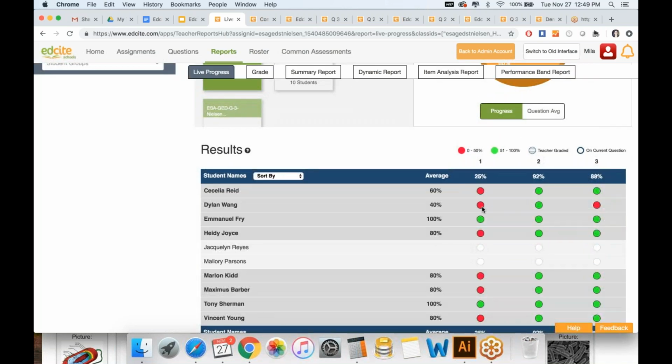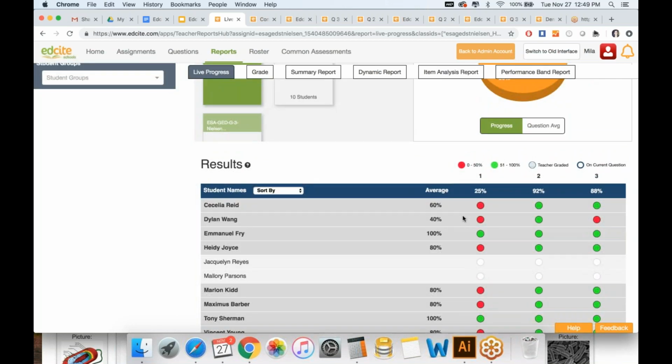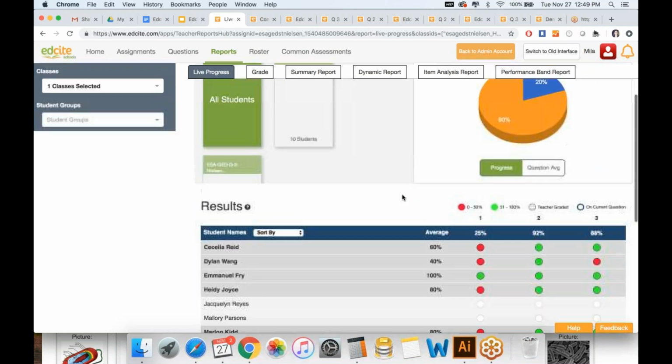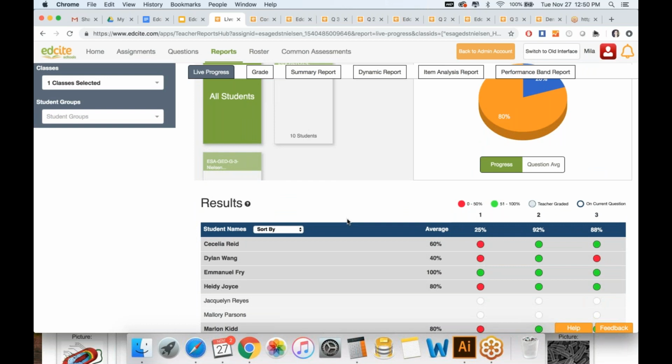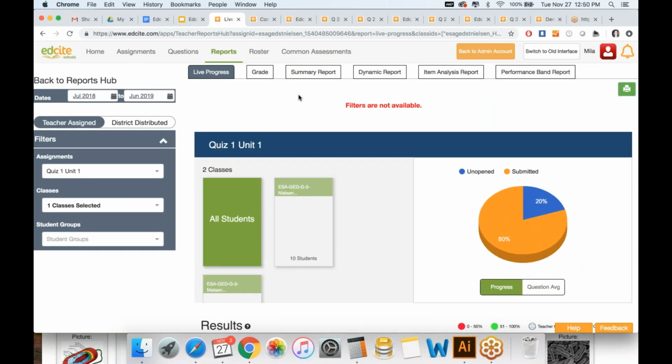If this is a higher stakes assessment, let's say this is a district wide benchmark, administrators are allowed to turn this page to proctor mode. So teachers do not see whether students are getting it correct or incorrect. They just see which questions students are on to make sure students are getting through it. So the real time data is nice for that in the moment response, and making sure students are getting through the assessment or reteaching when necessary.